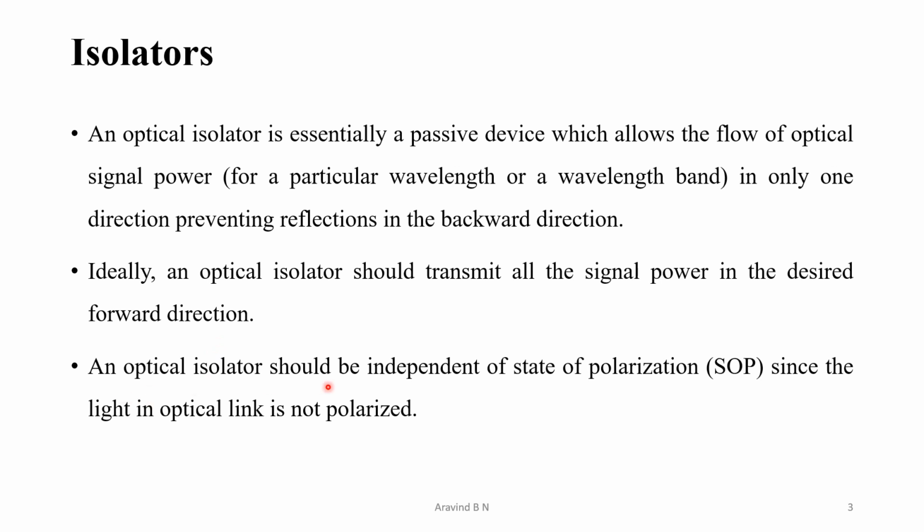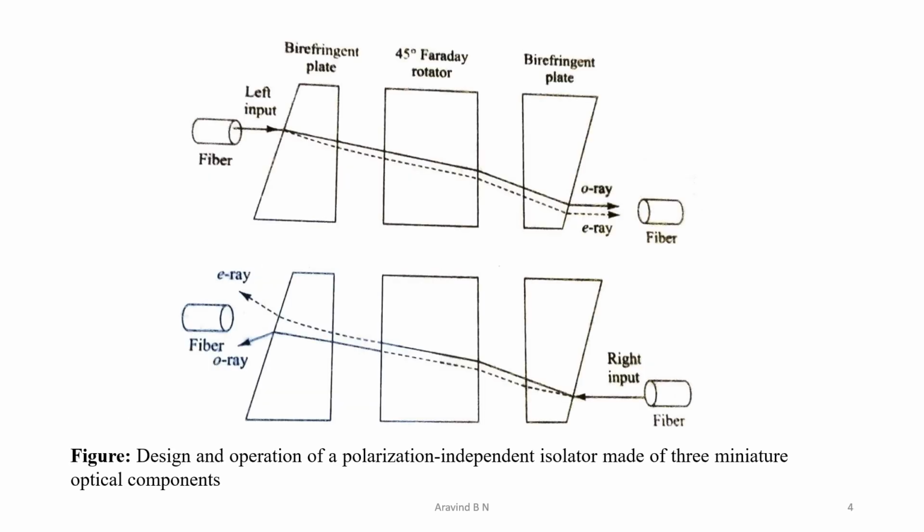An optical isolator should be independent of the state of polarization because the light in the optical link is not polarized. This diagram shows the design of a typical polarization independent isolator that is made of three miniaturized optical components. The core of the device consists of a 45-degree Faraday rotator, and on either side of it there are birefringent